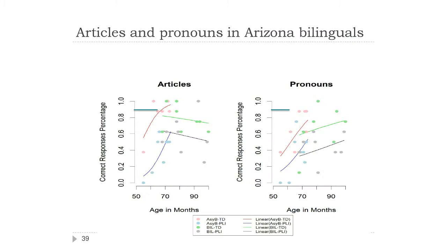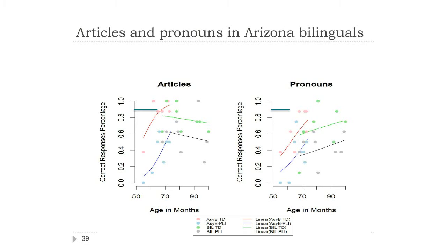Pronouns, you see a little bit of that. There's a developmental lag. The important part is that at the youngest comparison with monolinguals, monolinguals are at 85%, that's a little line over there, and you see how big the bilingual gap is. You were interested in the top lines. The bottom lines are disordered children. The gap is much bigger with pronouns, where English is the fast language, and this is articles, where English is the slow language. So as you see, all these things interact, but not in ways we can easily accommodate.